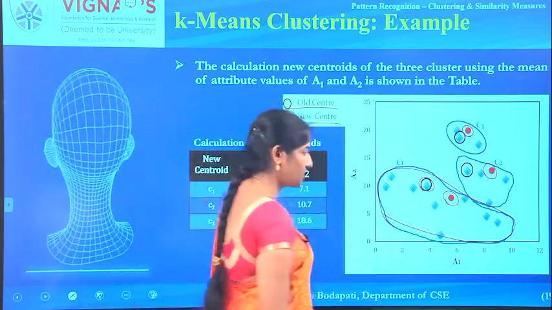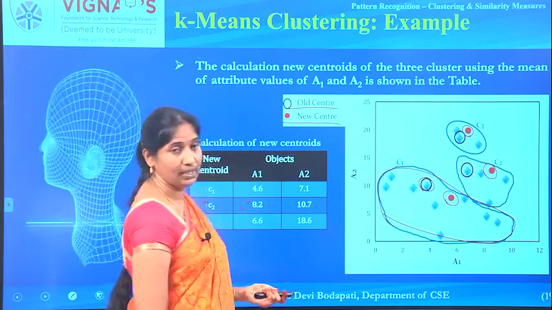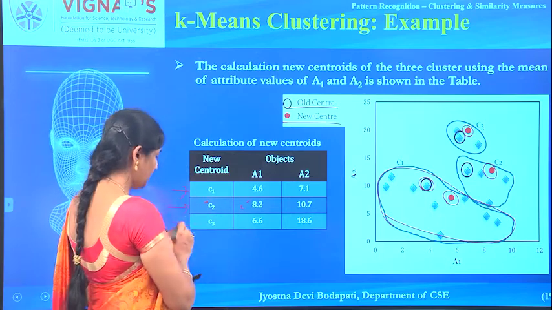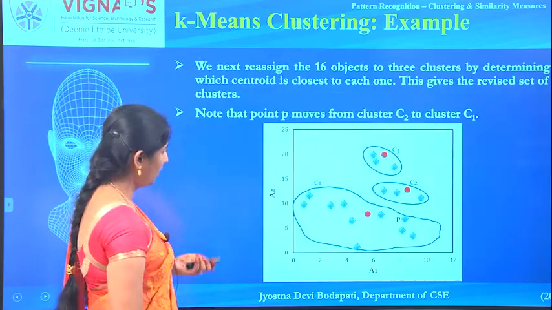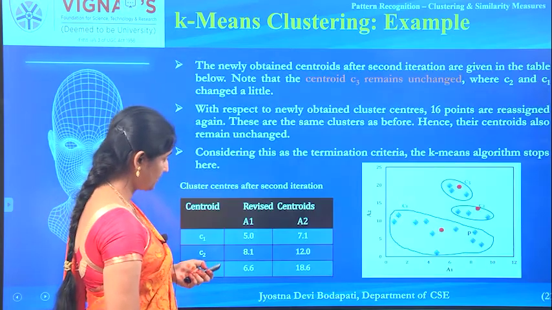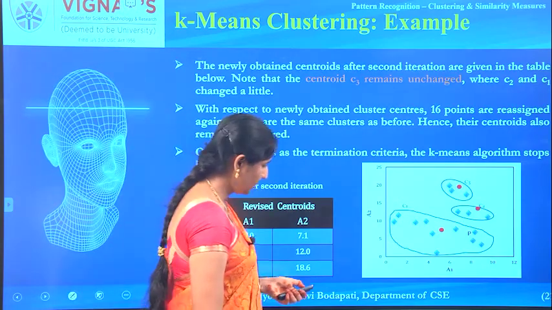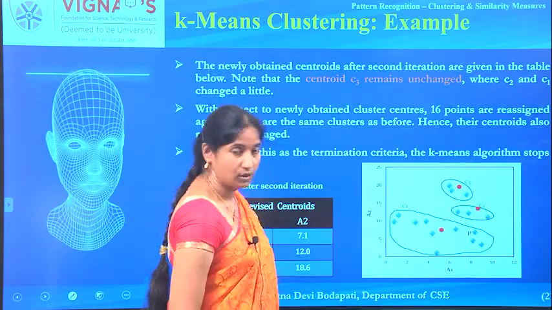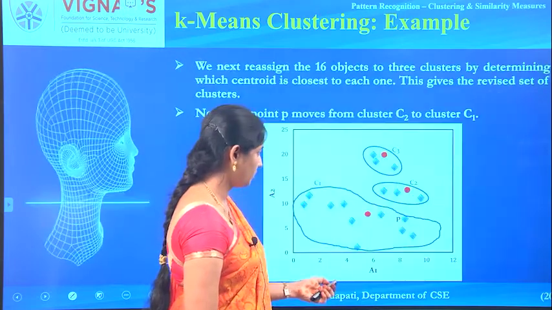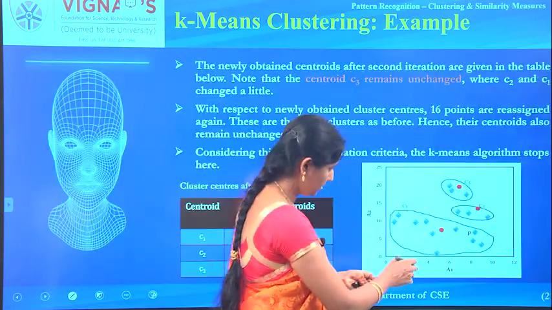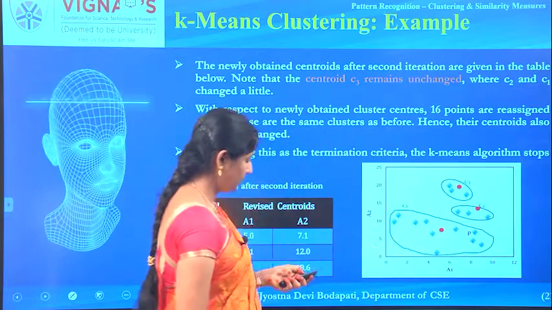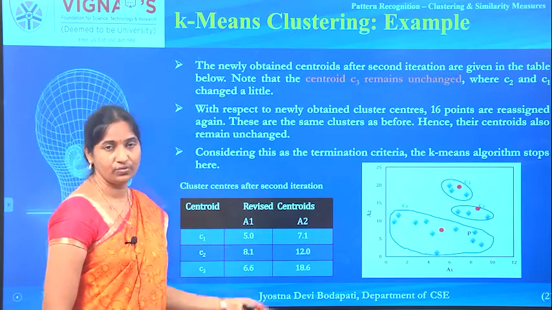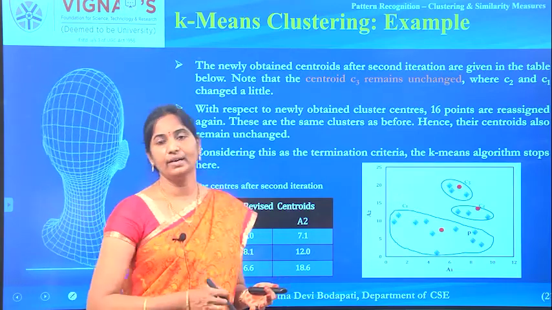Now the cluster center changes, so there is a possibility of changing the object assignment also. Again, you have to identify the cluster distances from every object. Now let's compute that. Identify the cluster distance from every object, and observe the previous and the next iteration. Your cluster assignment is actually changing. Here there are three, and these are all the samples that belong to the other cluster.